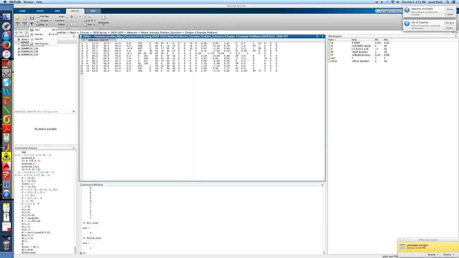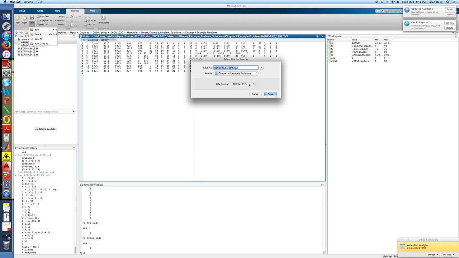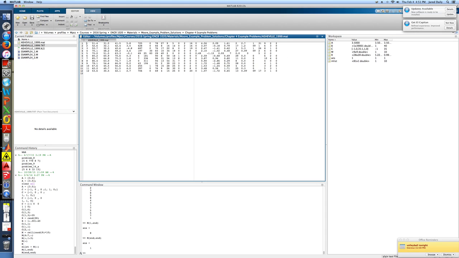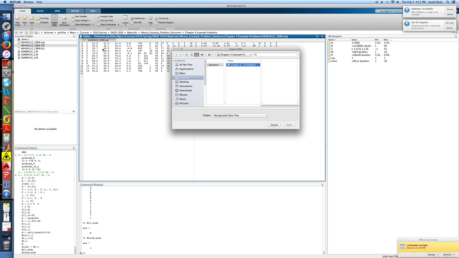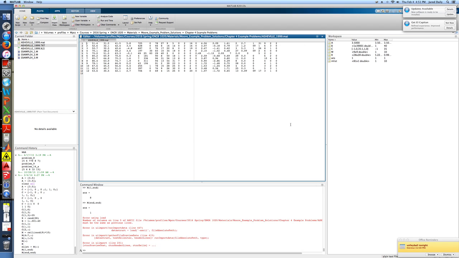I'm going to save this, instead of as a text file, as a mat file. And then when I go to import data, it should let me do that. So I open that up,